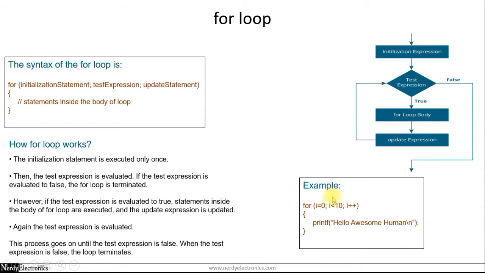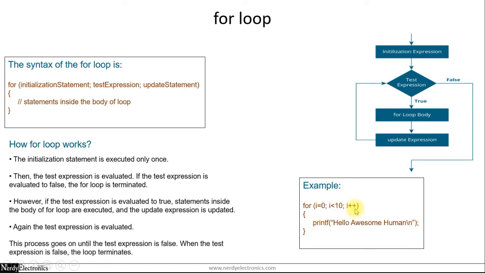As an example, let's say we take an index variable I and give it an initial value I equals 0. So this becomes our initialization statement. At the beginning of the for loop, irrespective of what the value of I is, it will be reinitialized to 0. And then this condition is checked: I less than 10. I was assigned 0, so 0 is less than 10. Hence it will enter the loop and execute this statement. Once this statement is executed, it will go here to I++.